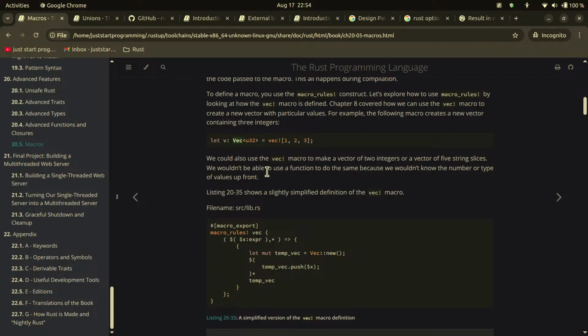We wouldn't be able to use a function to do the same because we wouldn't know the number or type of values up front. That's correct. But for macros, it's more dynamic. So it's either integers or strings. You can do that. Okay, so